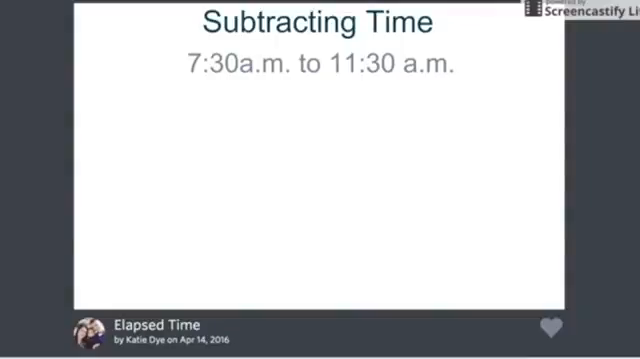We can find elapsed time by subtracting. It is important to remember that we subtract the start time from the end time. If we stack it to subtract it, then we need to place the end time on the top. Let's look at the time 7:30 a.m. to 11:30 a.m. We'll begin by subtracting 11:30 minus 7:30,